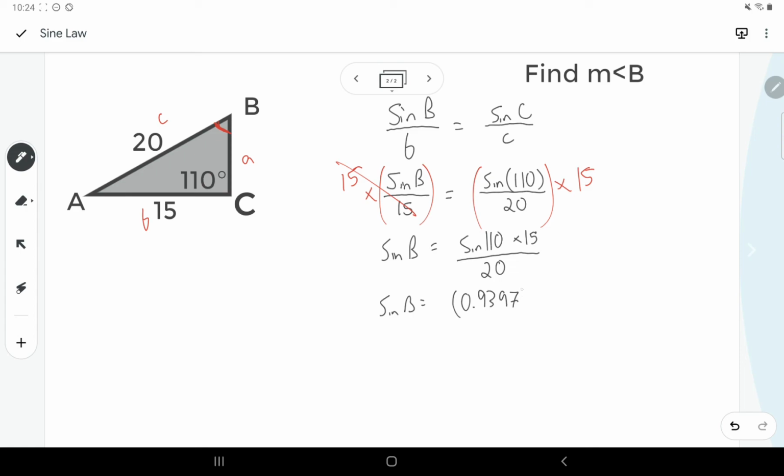I like to keep it to 4 decimal places here. Okay, and then we do times 15 over 20. And remember, when I have brackets like this, it means times. It's the same thing. I could write times in there, but it would be the same thing. So we multiply the top together and then divide by the bottom. Doing that in a calculator will give us